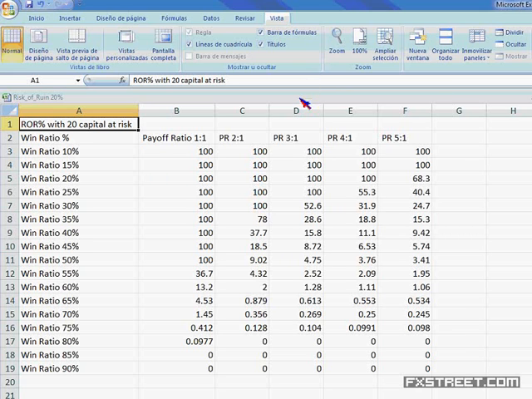Now let me explain how it works out. Here is the payoff ratio, or the risk to reward. And it's actually, sorry, it should be reward to risk. So 1-to-1 is my target is 100 pips, my stop's 100 pips. 2-to-1 is my target is 200 pips, my stop is 100 pips. And on and on and on. 3-to-1, 4-to-1, 5-to-1. What it does is it says, okay, pick a percentage that you are risking per trade of equity. I'm risking 1% or 2% or 3% or 5%. Any amount that you want. And then it'll tell you, based on the accuracy of your system,